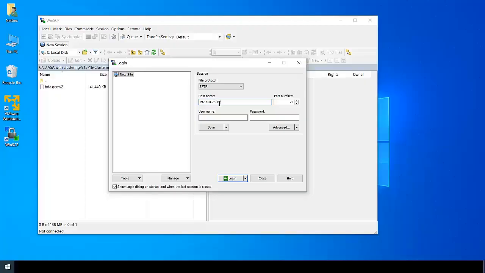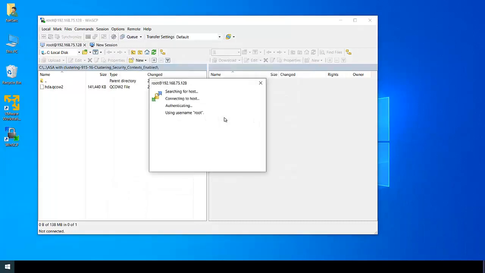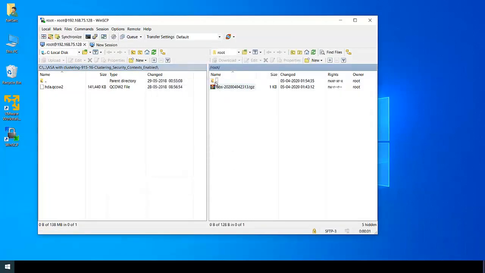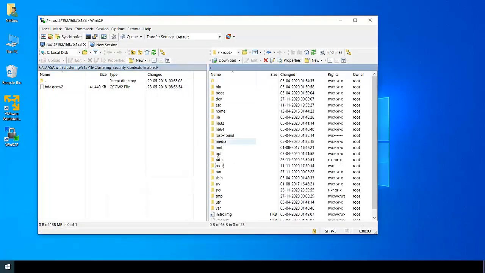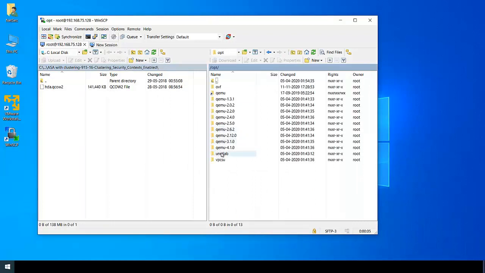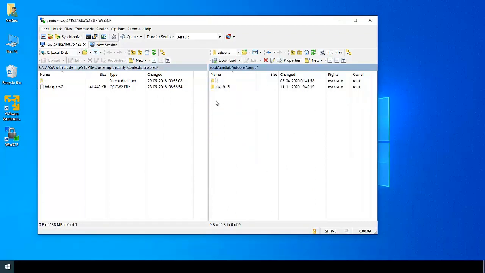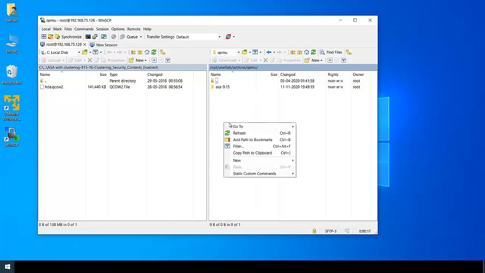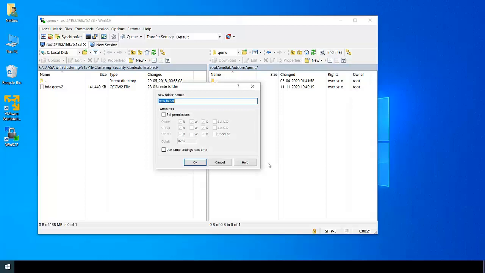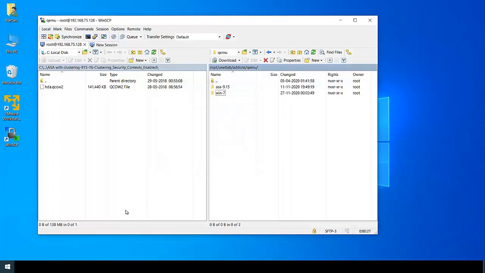Now again, for Windows installation, go to the WinSCP and log into your Eve. Go to opt unetlab, addons, QEMU, then add a new folder or new directory and name it Win 7.